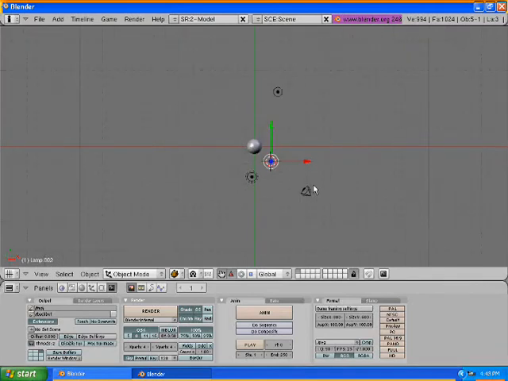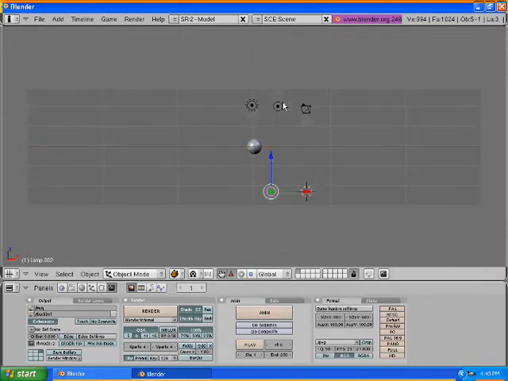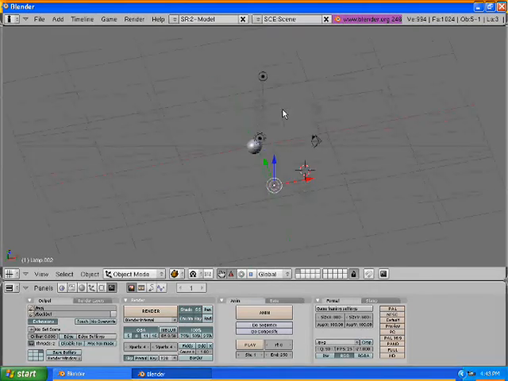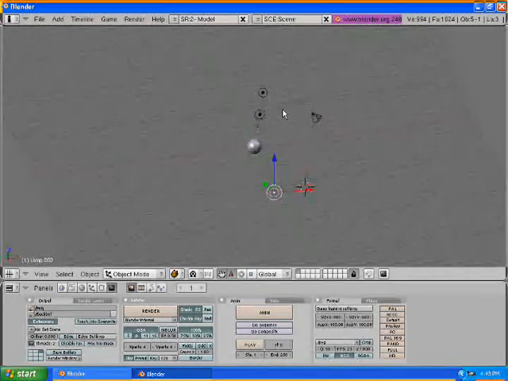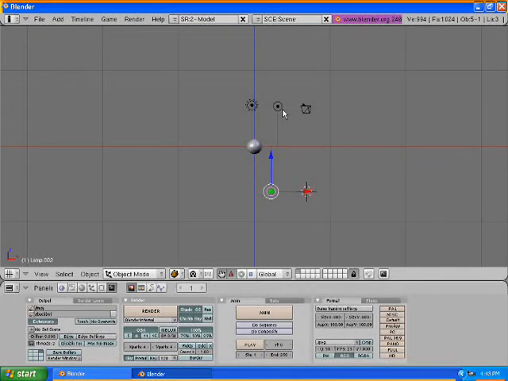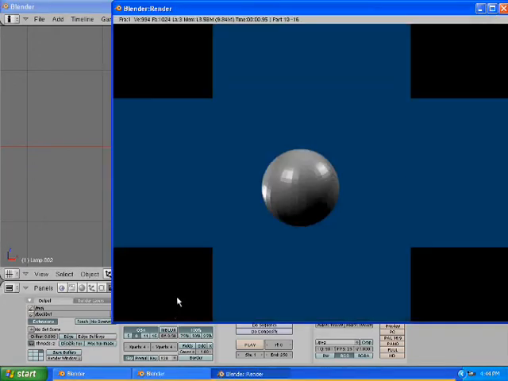So for example, here we see all 3 lights and they look like they're even this way. But if we scan down, now we can see why one of the lights is lighting up from the bottom and 2 of the lights are lighting up from the top. Again, I'm doing this with the 4 and the 6, or the 8 and the 2, or the 7 and the 1 view. Okay. If I were to grab this light and put it here and then render it,